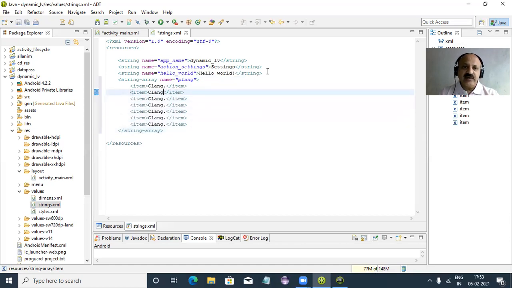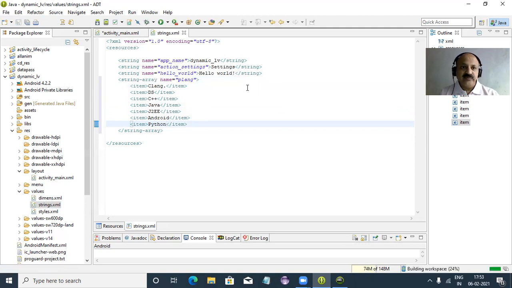So C, then second, data structure, third, C++, fourth, Java, and fifth, J2EE. Then in the current semester, Android and Python. I also take Python. That is complete. Control S, we save.